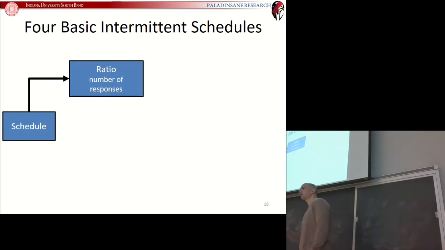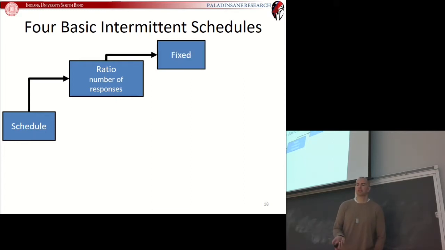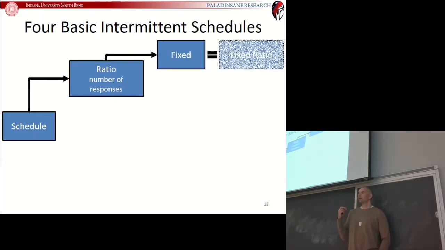So for a ratio schedule, it depends on the number of responses. If that number of responses is the same every time, that's called a fixed ratio schedule, and that's our first intermittent schedule. So if you get reinforced every 10 times you press the bar, you are on a fixed ratio